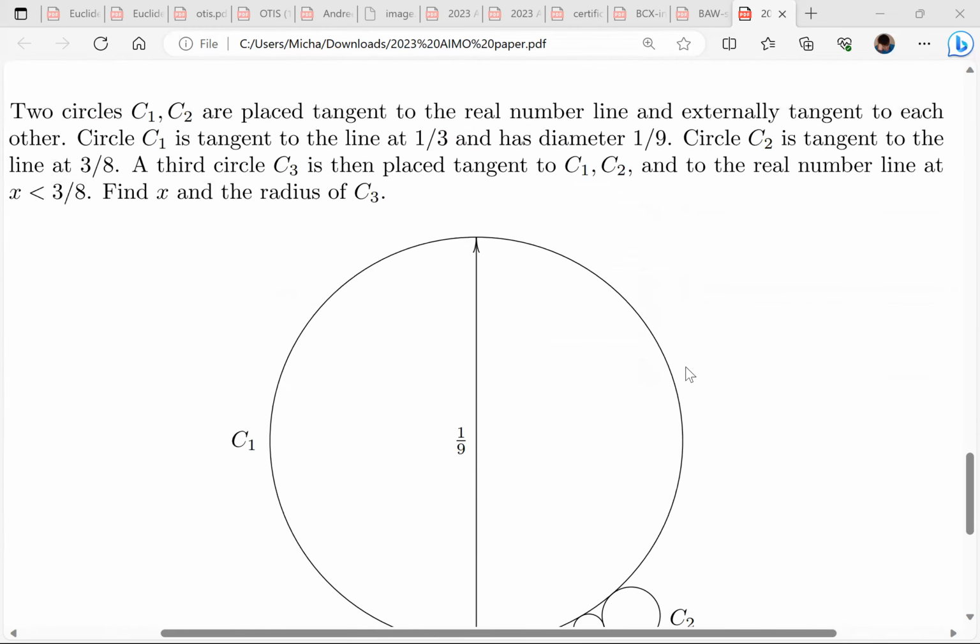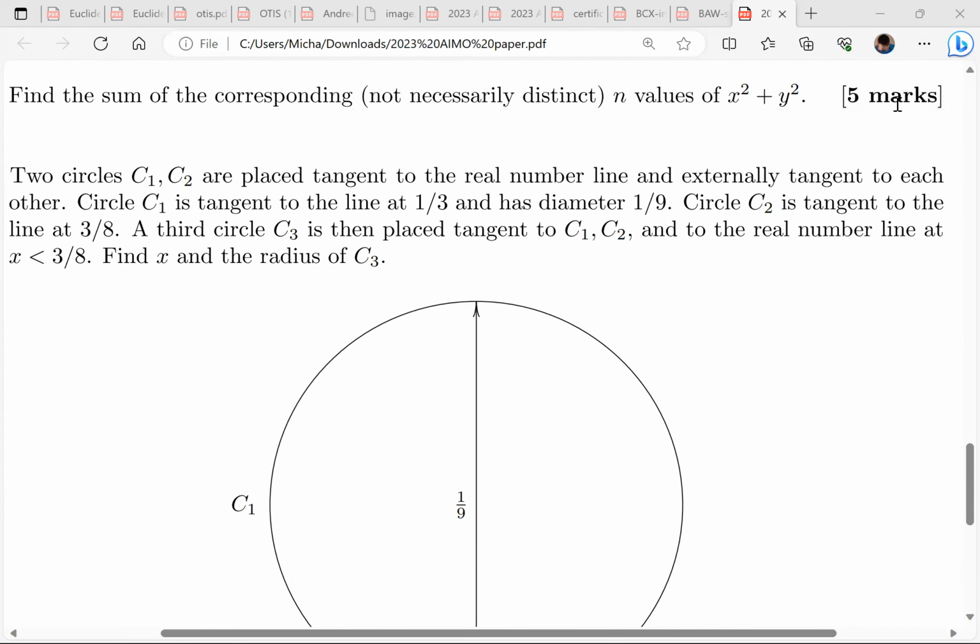Alright, you guys have any questions? I think Ethan has a